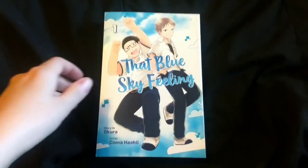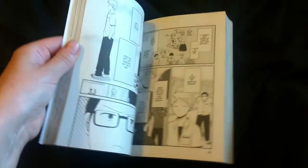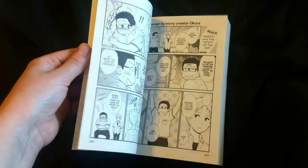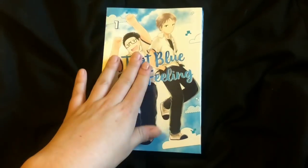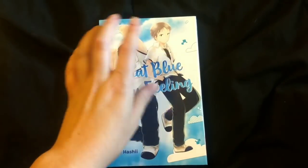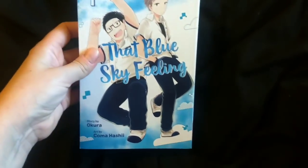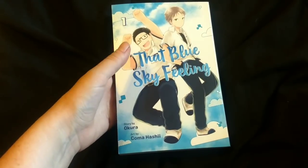Next, we're going to go into new pickups, and I'm going to start with That Blue Sky Feeling, which is a really interesting manga about this guy, and he moves to a new school in a new town, and he meets one of the guys in class, and he's withdrawn, and he doesn't really talk to anybody, and the new guy really wants to include him, but then it turns out that this character is actually gay, and so the basic premise of at least Volume 1 is pretty much